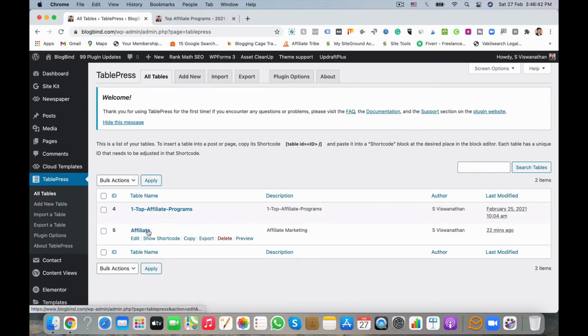These tables I have created already. Today now we will see how to create a table. So right-click the TablePress menu, Add New.